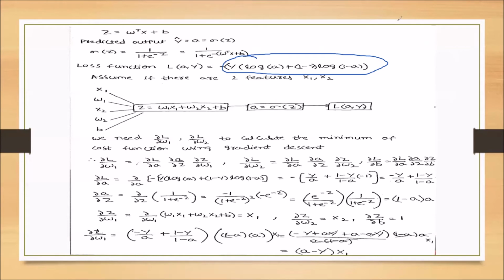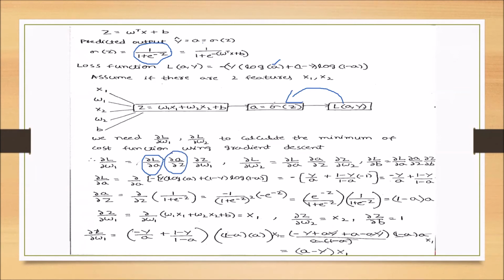Now we are differentiating this loss function with respect to a. Why are we differentiating with respect to a? Because only a is variable, y is constant. So one step we have taken to the left side. And now we are checking what is a. A is equal to 1 by 1 plus e to the power minus z. Here you can observe e is a constant exponential, only z is variable. We are differentiating this a with respect to z, so dou a by dou z.